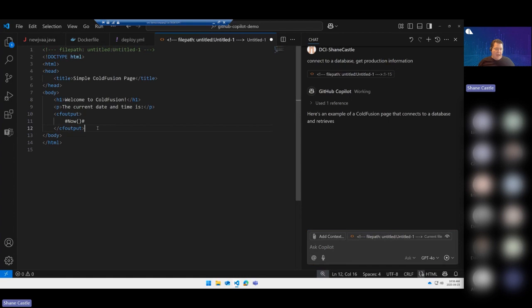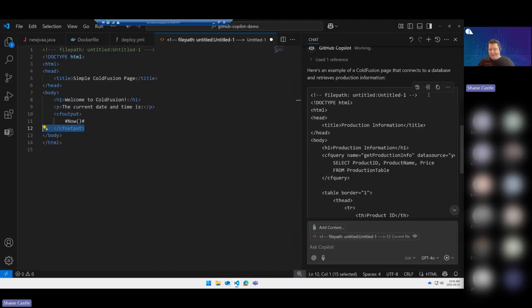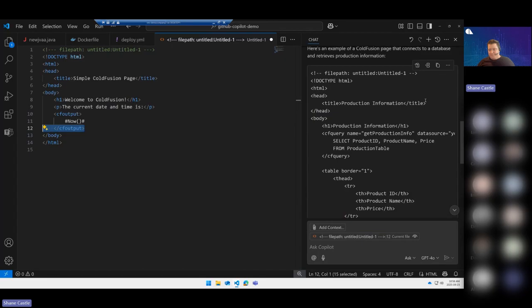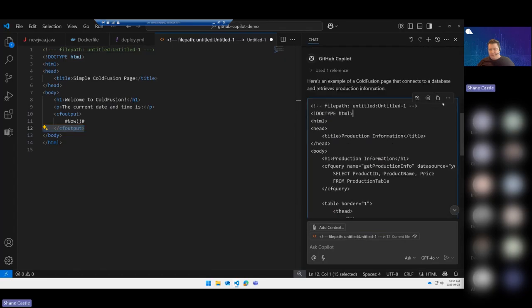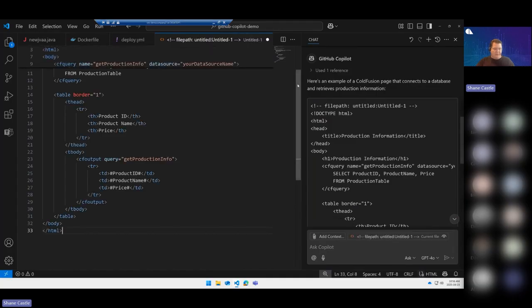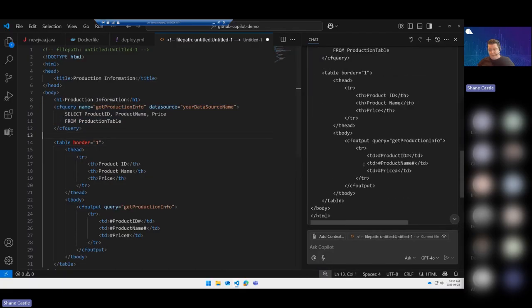Now here, this C output. I'm not familiar with ColdFusion. It's been a long time. But so I'd have to obviously dig a little more into it. And assuming you have legacy ColdFusion and you want to kind of bring it forward, I assume you're not trying to implement new apps. Maybe you are implementing new apps, but it looks like, so we have these inline queries, and I'll say,